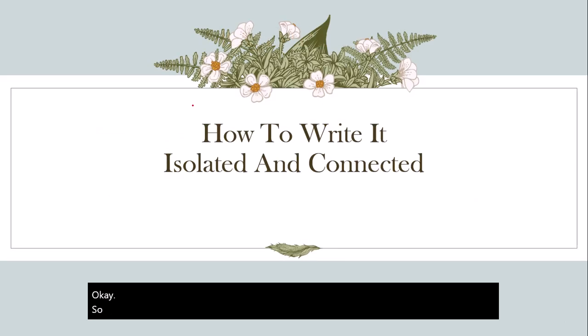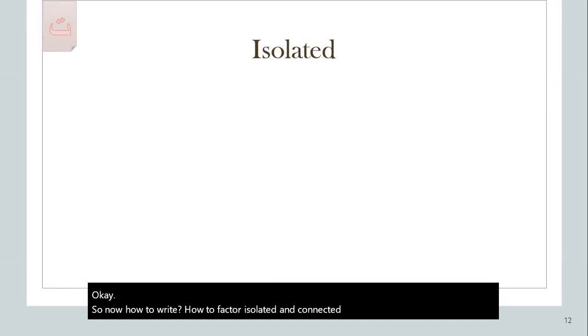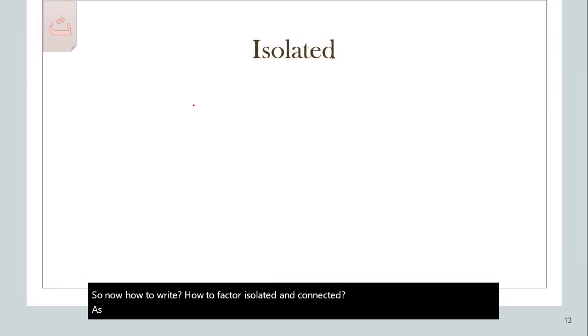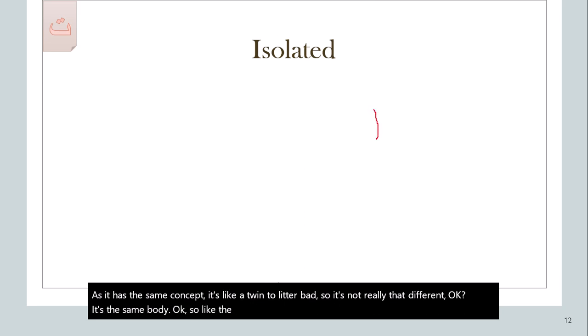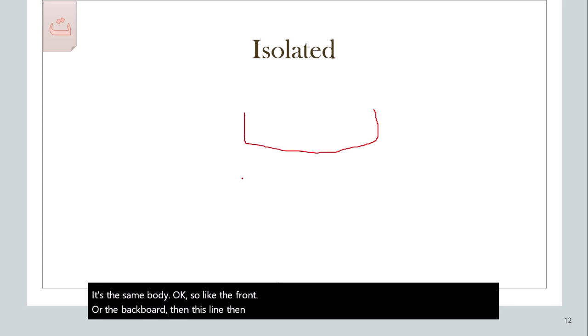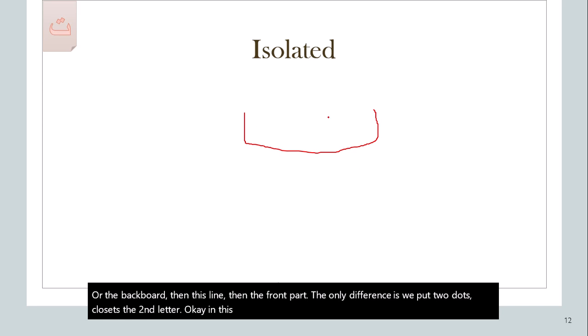So now how to write حرف التاء isolated and connected. As you know, it has the same concept. It's like a twin to letter ba, so it's not really that different, okay? It's the same body, like the front or the back part, then this line, then the front part. The only difference is we put two dots because it's the second letter in this triplet, and